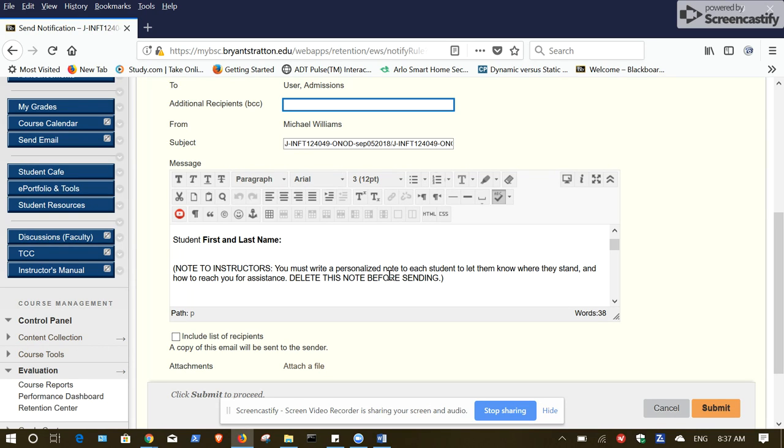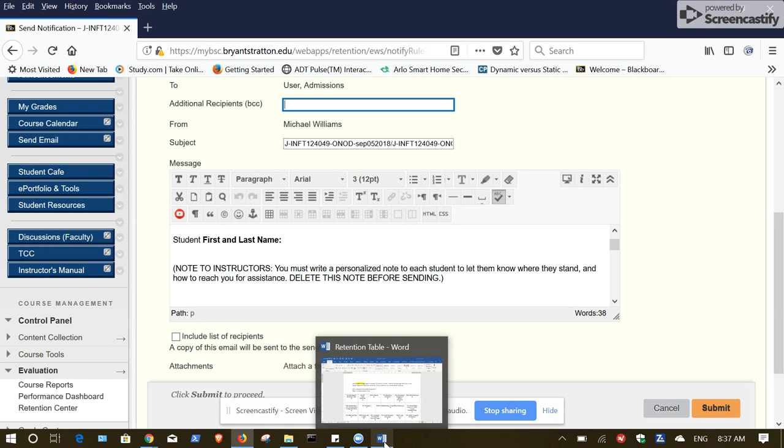So I came up with something to make it easier. Well, it made it a little easier for me. We'll see how that works out as you try it, if you decide to try it. So what I do is I created a table in Word,